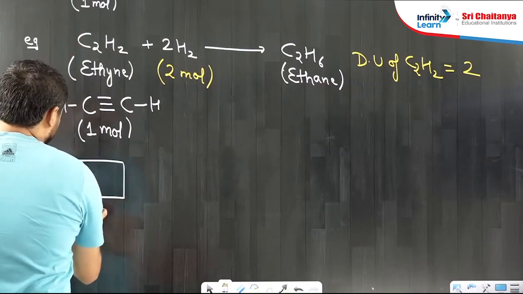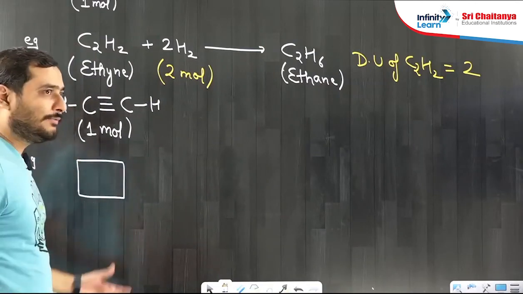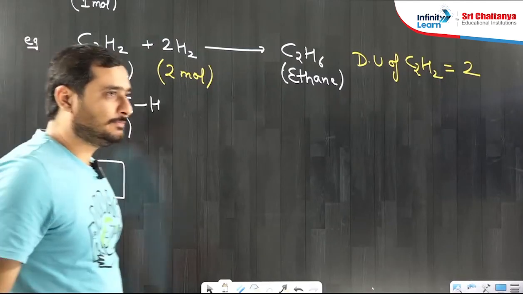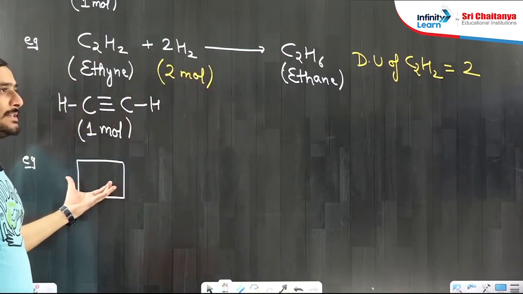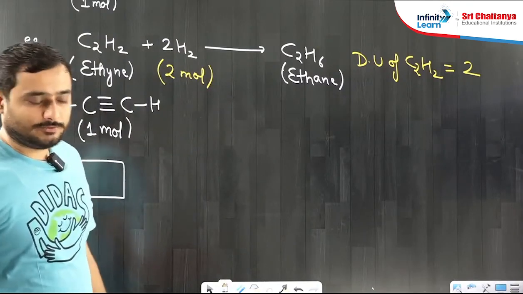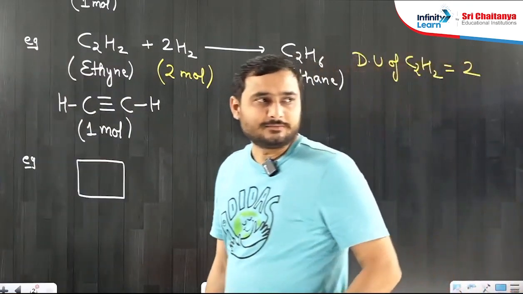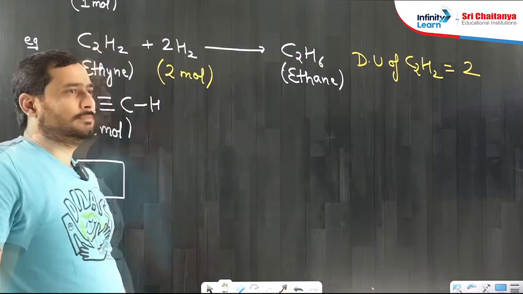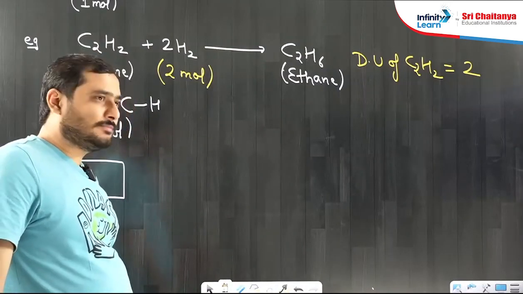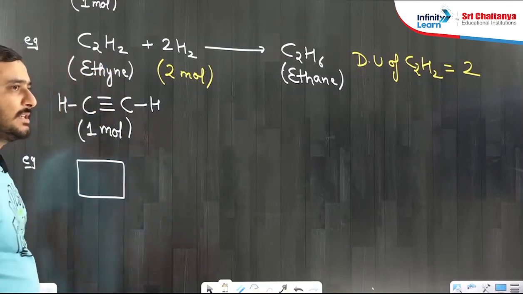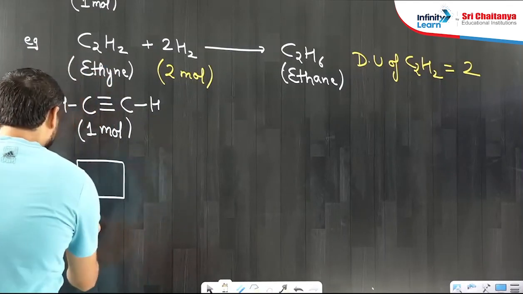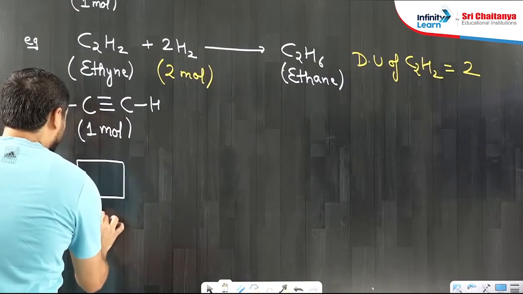So if we take this compound, students, you first have to tell the name of this compound. I've written a cyclic structure. You have to tell the IUPAC name of this compound. 4 carbon atoms are given. Degree is different from mole; mole is a counting unit. So what is the name? Very good. The name is cyclobutane.